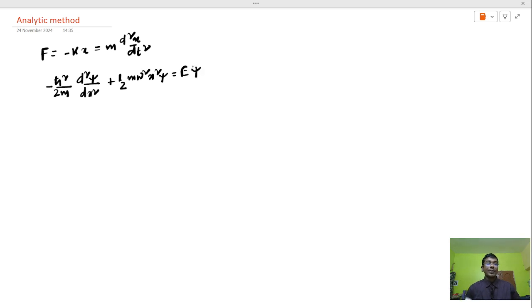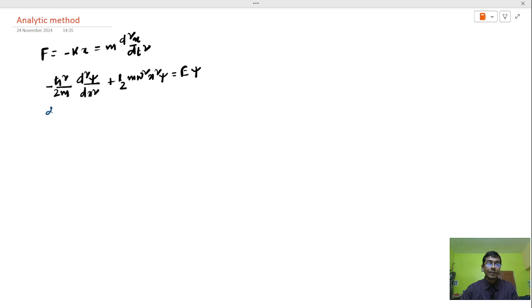So basically this is our differential equation, which we solve for the parabolic potential, and after the power series solution we get the compact form,